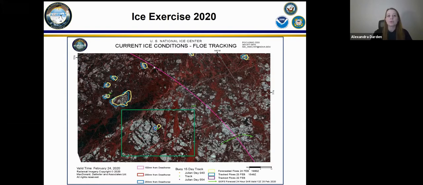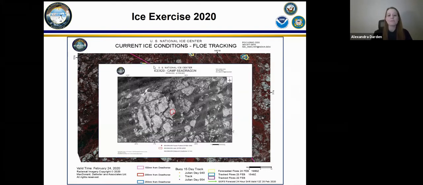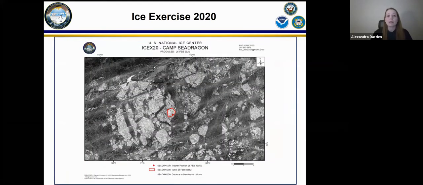USNIC personnel were deployed to the Arctic and provided situational awareness of the condition of sea ice flows, such as this product, in the area, as well as tailored ice support as submarines are navigating beneath it. For the remainder of the exercise, USNIC provided daily regional Beaufort Sea annotated imagery, as well as daily zoomed-in analysis of the flow R seen here. The red outline shows the actual flow on which the camp was built and the associated buoy that was placed nearby the camp.